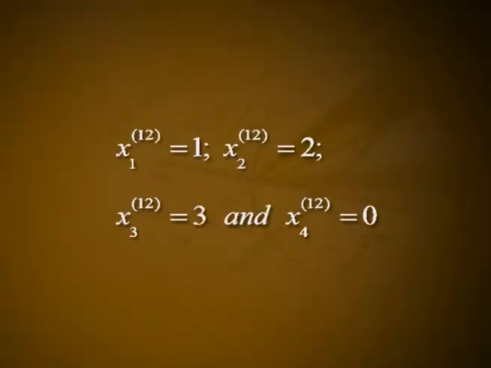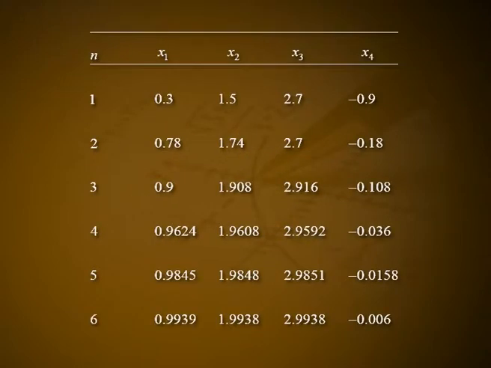The coming approximations are listed in the following table. Finally, by 12th approximation, the values of the variables converge to x1(12) equal to 1, x2(12) equal to 2, x3(12) equal to 3 and x4(12) equal to 0. From table 1 of Jacobi's method, the fifth approximation values of x1, x2, x3 and x4 are